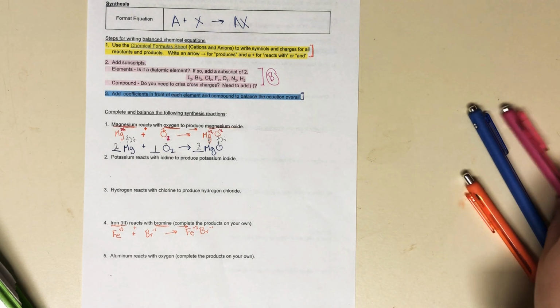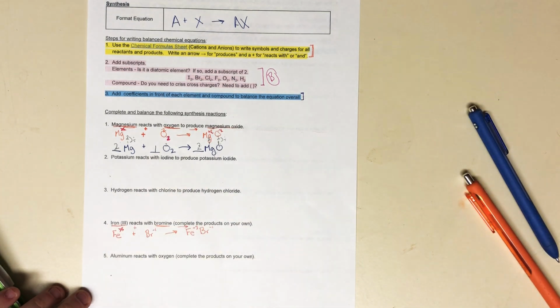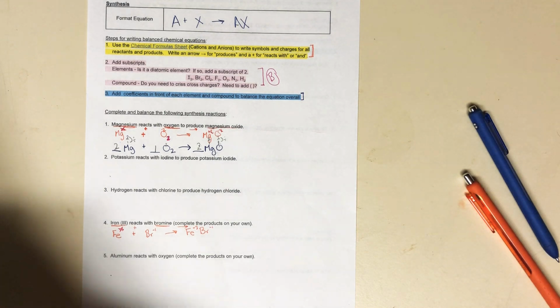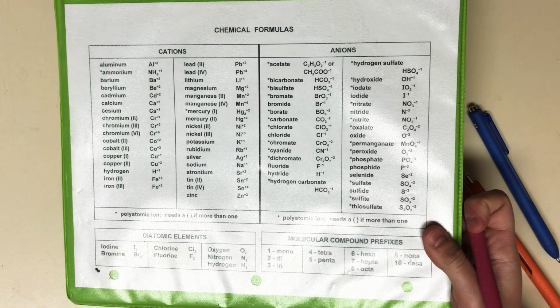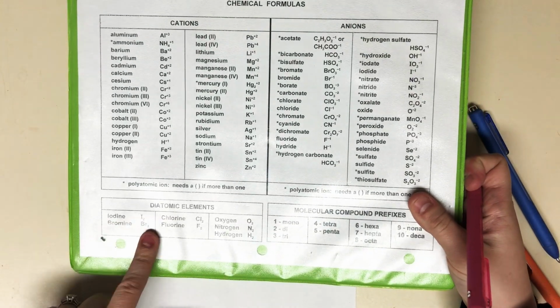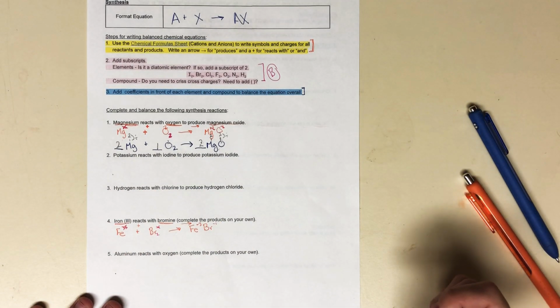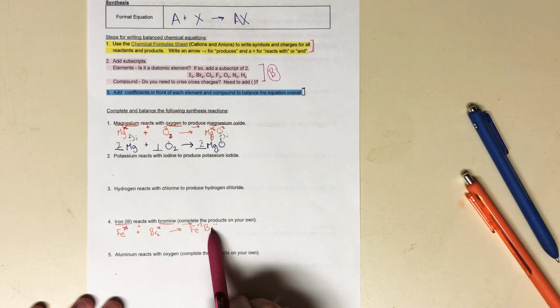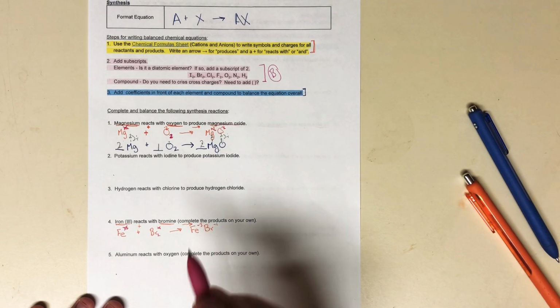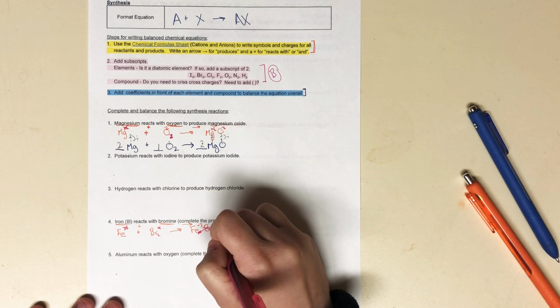All right, so now we need to write our subscripts in. Okay, remember, element on its own doesn't get a charge unless it's a diatomic. Is iron on our diatomics list? No, then we're just gonna leave him how he is. But bromine is on our diatomics list, so that gets a 2. All right, are these equal but opposite? No, so now we have to crisscross. This comes down here, this comes over here, so I have Fe1, Br3,